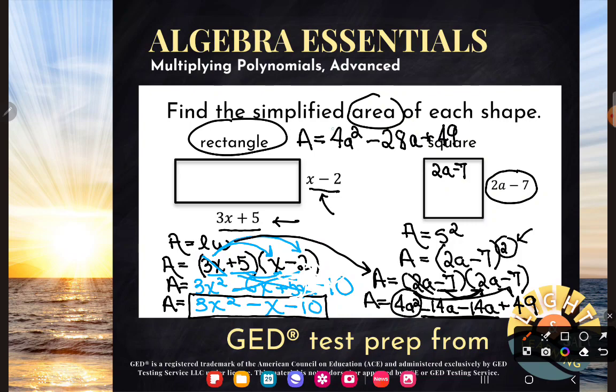So what's the simplified area? 4a squared minus 28a plus 49. All right, and both of these are measured in square units, but that's not really the point, not that big of a deal. The main thing here is that you can get these